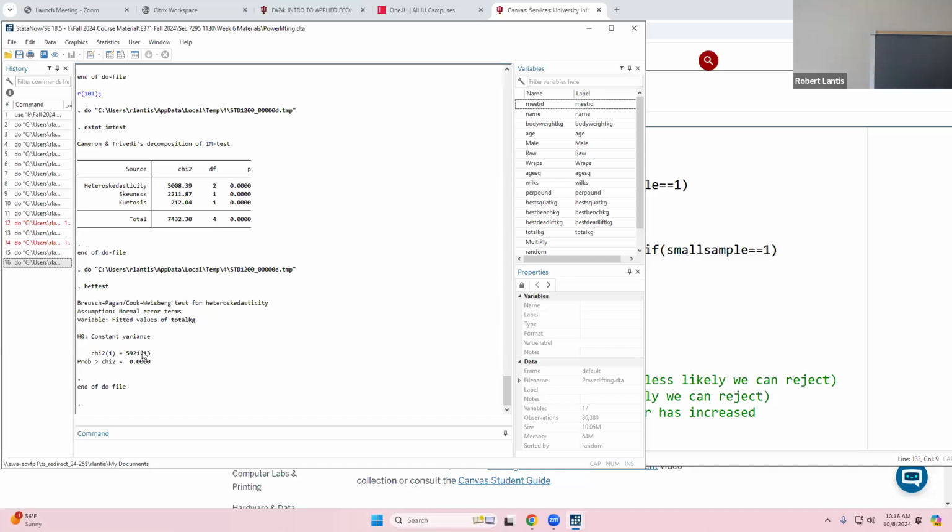Like in the problem set, I think if you use this compilation of multiple tests, this hettest, so that's what it does, you actually end up with a p-value that was significantly different than using that IM test, the Cameron and Trivedi decomposition. I'm going to try it with the